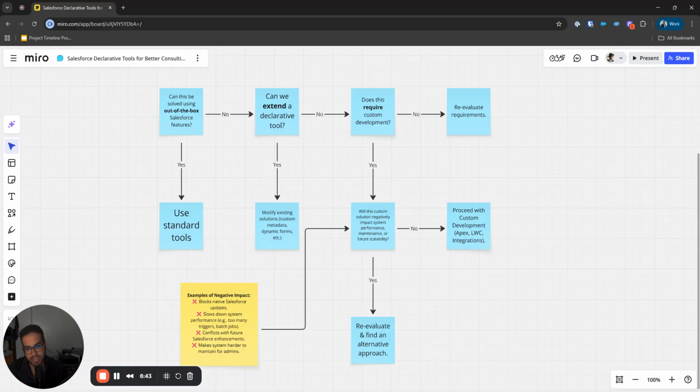When we say can we extend this declarative tool, now we have another option. Is it no? Does this require custom development? If it's yes, modify existing solutions, custom metadata, dynamic forms, etc. Because